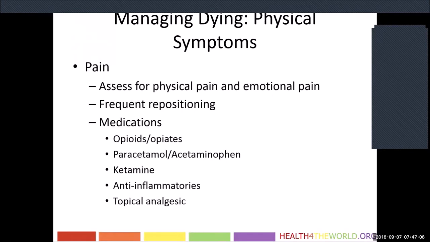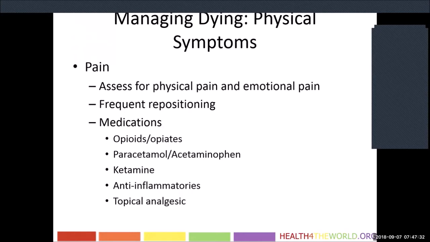Frequent repositioning. Often patients who are in the active dying phase aren't able to reposition themselves in bed, so sometimes they're complaining of terrible discomfort, and what they needed was not morphine. They needed to be pulled up in the bed. They needed the crease of the sheets gone. So really do good physical exams every day to make sure what the pain and the etiology is from, and what you can do non-pharmacologically to manage it.